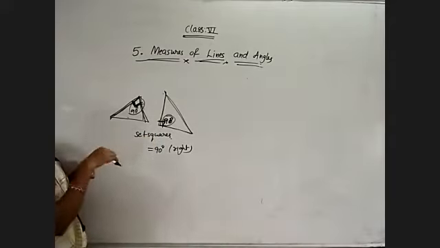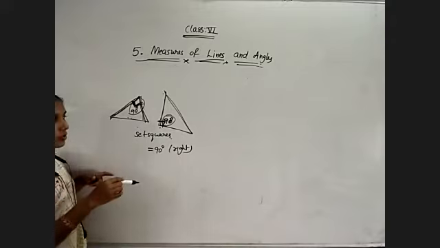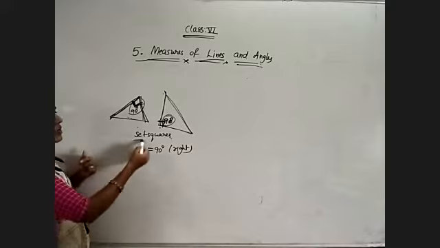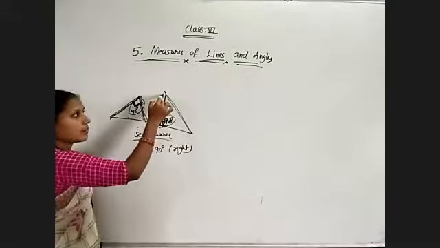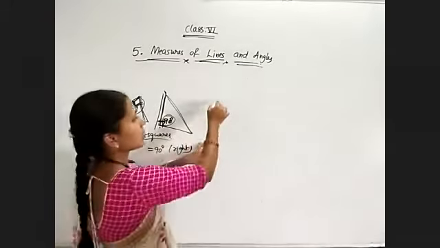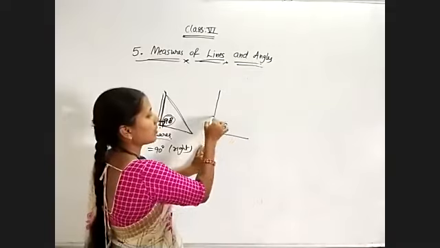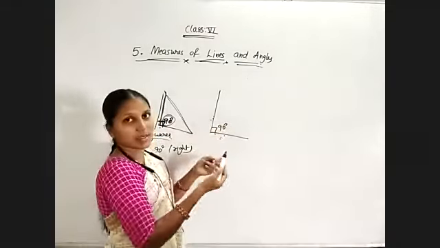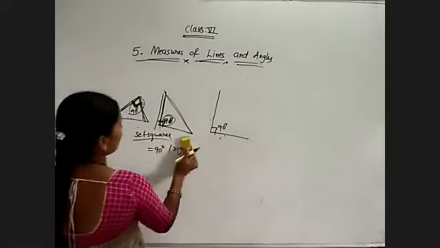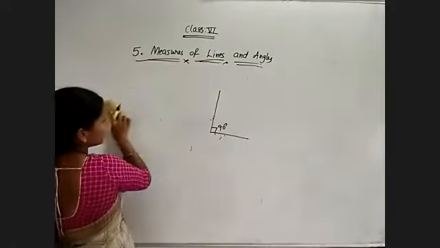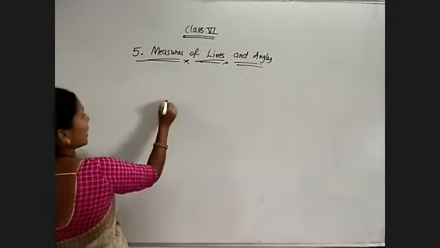So, to trace the right angle triangles, we use these set squares. And to draw perpendiculars also, we will use the set squares. Why am I telling this here? Just observe, if I take the set square and draw its edges, then they form perpendicular lines. That's all. Now, the next type of instrument is like this. I'll get.